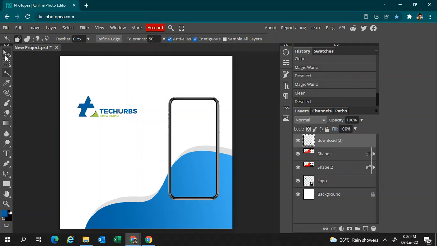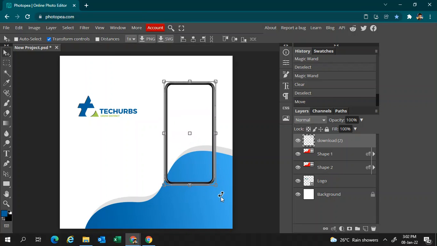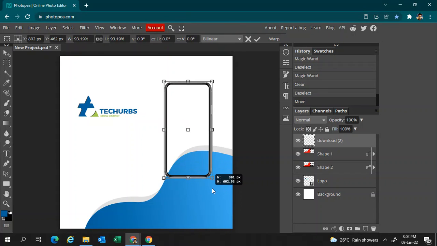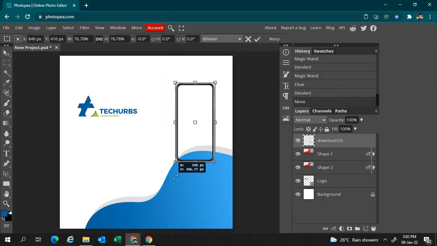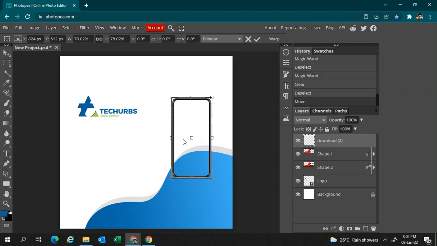Now the image, the mobile, is already cropped. Now you can place it in the right position wherever you want. Want to reduce the size? So hold the shift button and move your cursor inward, so you can reduce likewise. So this is fine. I place it a bit below, down over here. I'll reduce from the left. Yeah, this seems to be